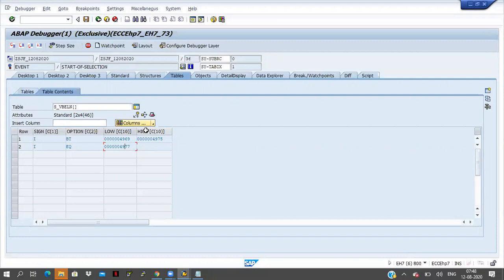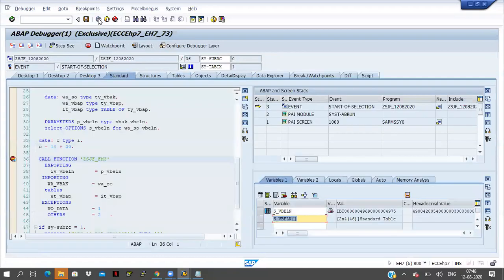If I take the select options for material, then character 18 will come. For company code, character 4 will come. The length will depend on our data type, but sign and option are fixed. Okay, this is the select options.